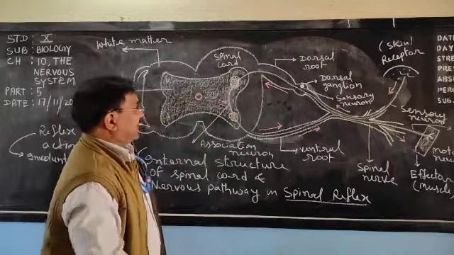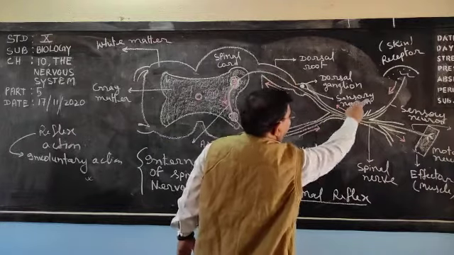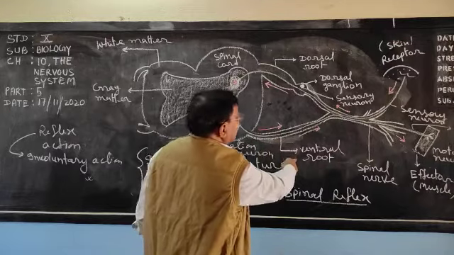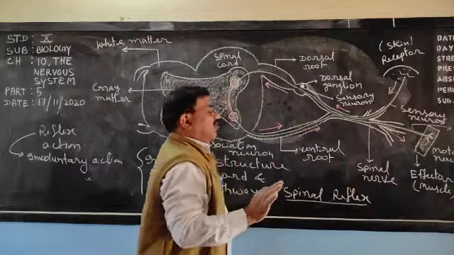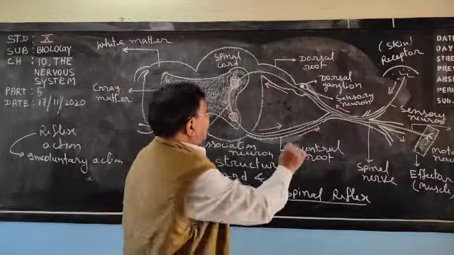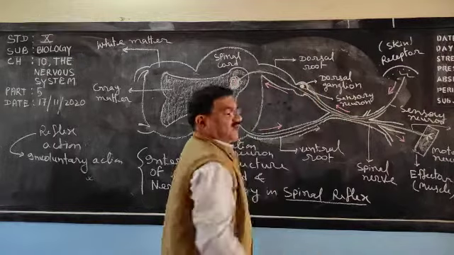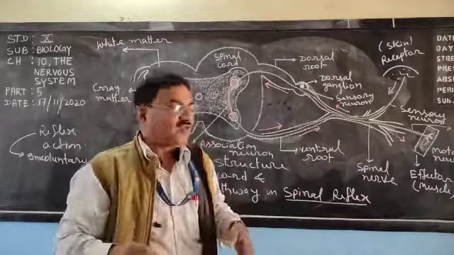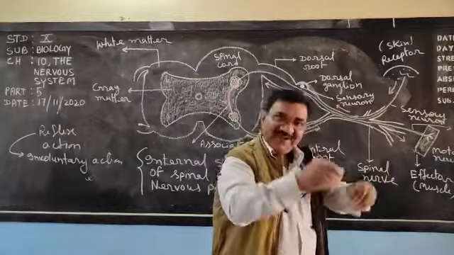Now two routes are there. The upper one is the dorsal root through which sensory neuron comes out, and lower one is the ventral root through which a motor neuron or a spinal nerve comes out. Very clear? And here you can see dorsal ganglion is shown. Ganglion is the place from which the neurons either come out or meet.